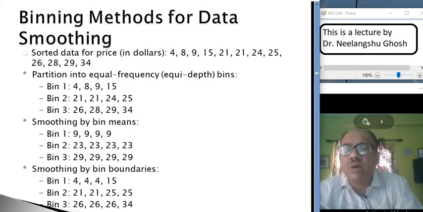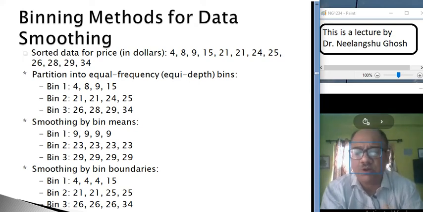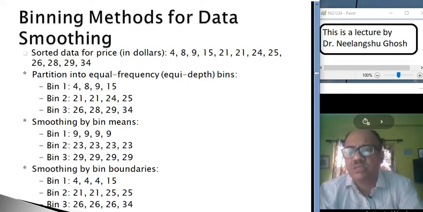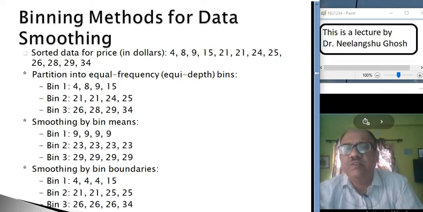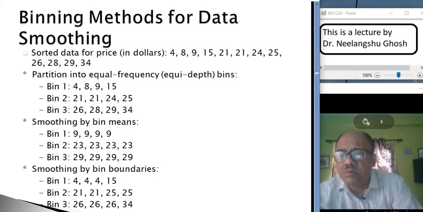You have already sorted the data in ascending order, so you put an equal number of values in each bin. So 4, 8, 9, 15 is the first bin. In each bin you put four values, and then you try to find out the mean of each bin.